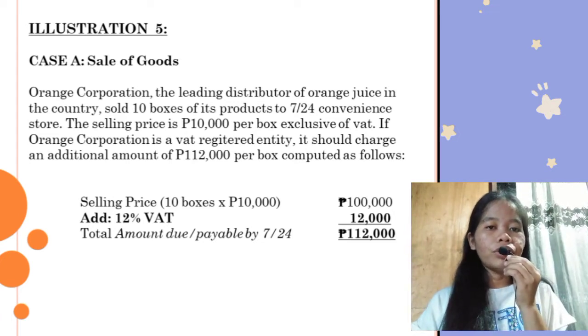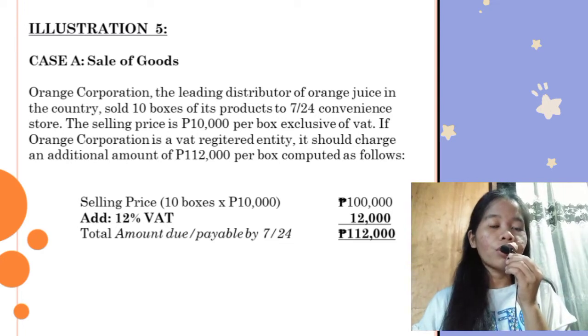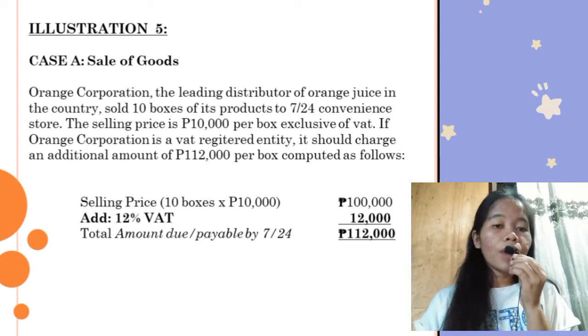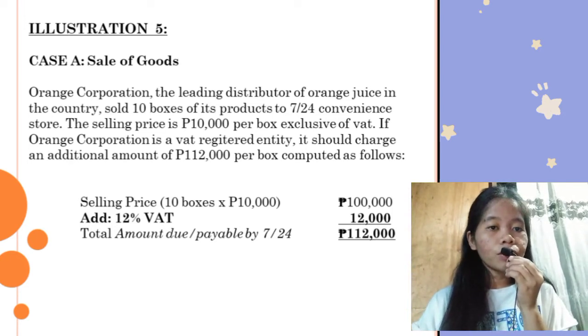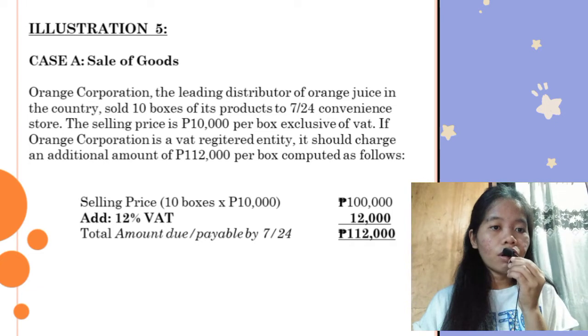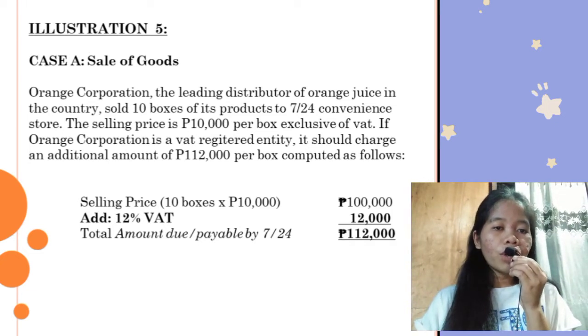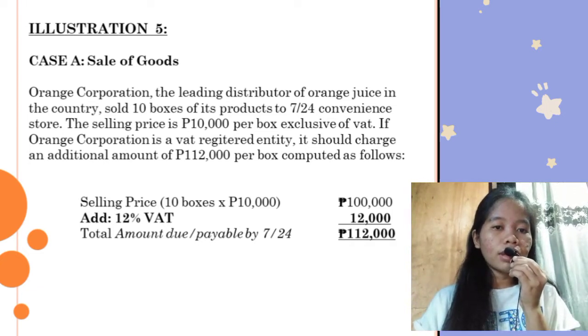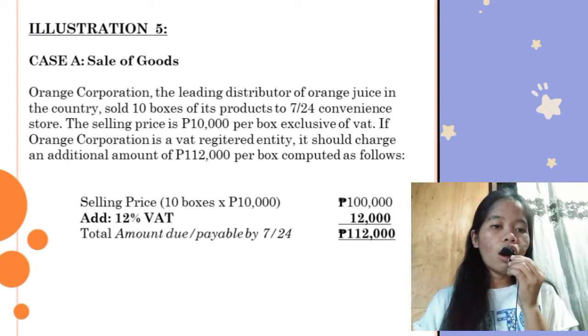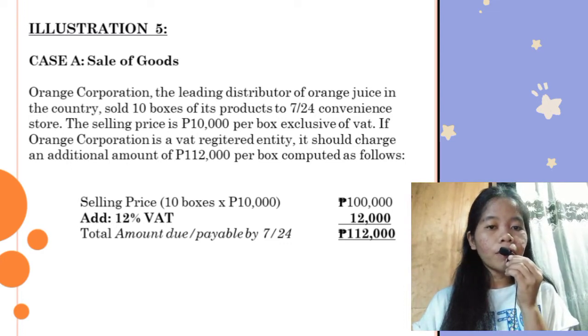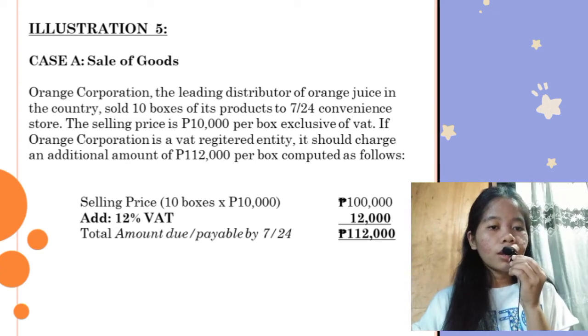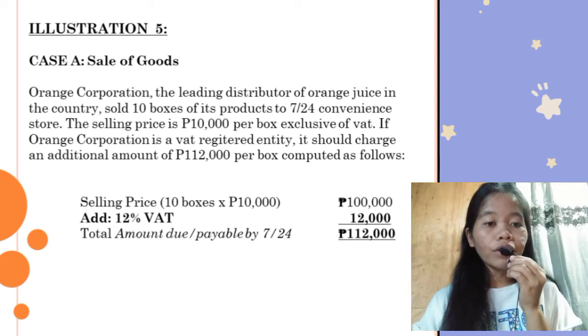Case A, the sale of goods. Orange Corporation, the leading distributor of orange juice in the country, sold 10 boxes of its product to 724 convenience store. The selling price is 10,000 pesos per box, exclusive of VAT. If Orange Corporation is a VAT registered entity, it should charge an additional amount of 1,200 pesos per box, representing 12% VAT. Consequently, 724 will pay